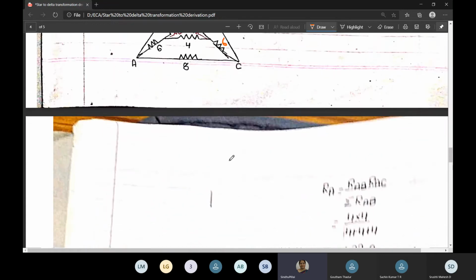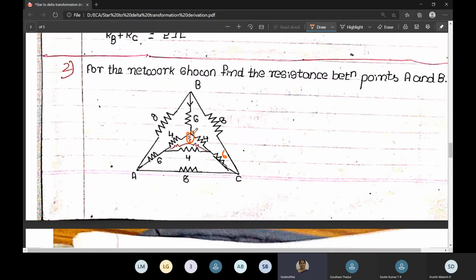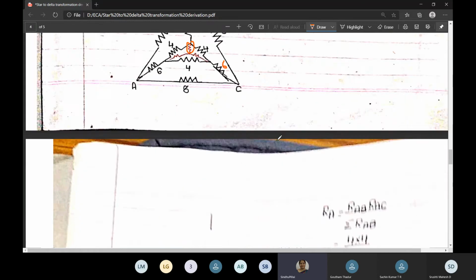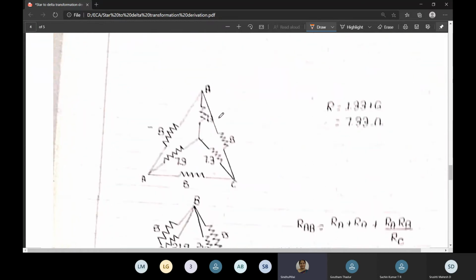Okay, it is 1.33. See that whatever network or branch we are getting, that is in series with this 6 ohm. Okay, so 1.33 plus 6 will get 7.33. So completely this branch is in series with the 6 ohm resistor. Completely this will get added up. 6 plus 1.33 will become 7.33. Like that you will get 3 branches here. That 3 branches I have shown here. It is 7.3, 7.3 and 7.3.